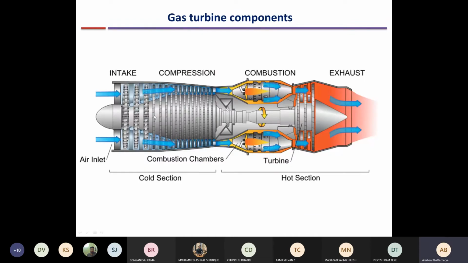So let us take a look at this schematic diagram to get a better understanding of what is happening. Okay. So again, the air comes in at the inlet. If it is an industrial gas turbine, the air will come in at a very low velocity, because the compressors are moving and pulling in some air. If it is a jet engine, then the air will come in at very high velocity because the engine itself is moving through the air at high velocity, and from the reference point of the engine, the air velocity is very high. Okay. So in that case, there will be an additional component which is known as a diffuser,